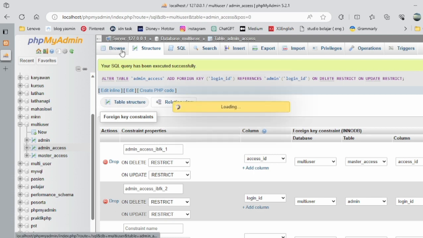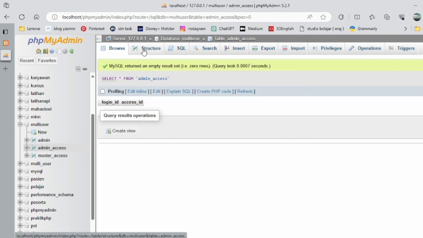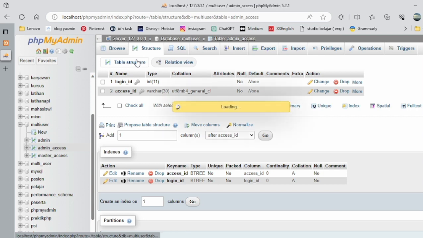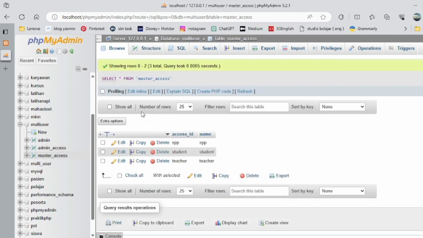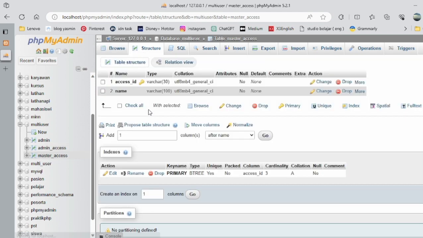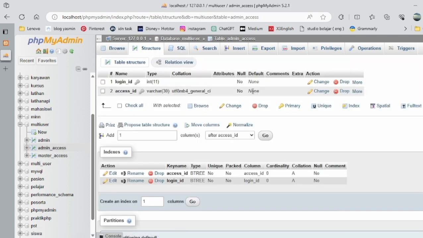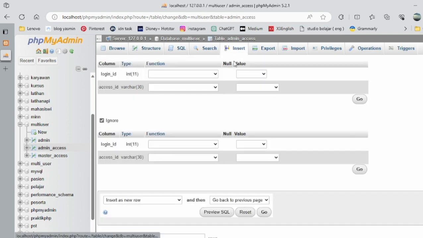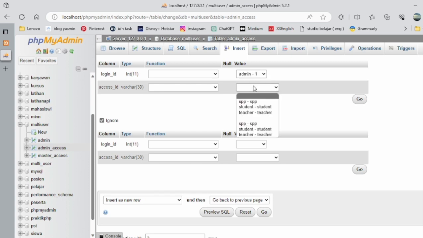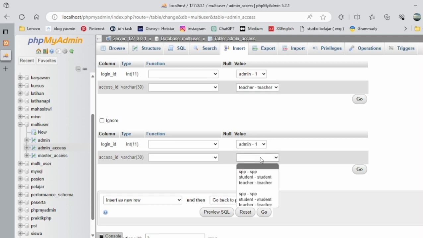and it's done. You can see in the structure, the table structure, the key is turning gray. For the real one in master access, the primary key is yellow, like this. And we're already done at the relation view like this, and we'll try to insert, and we can change the admin one, and this is for teacher,